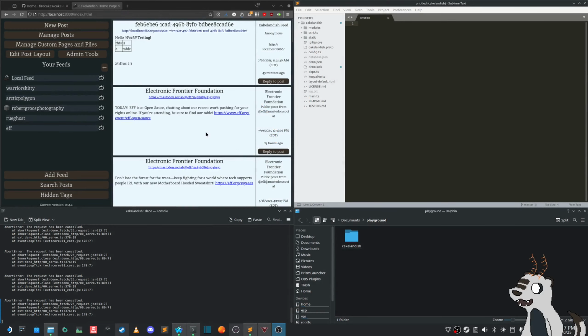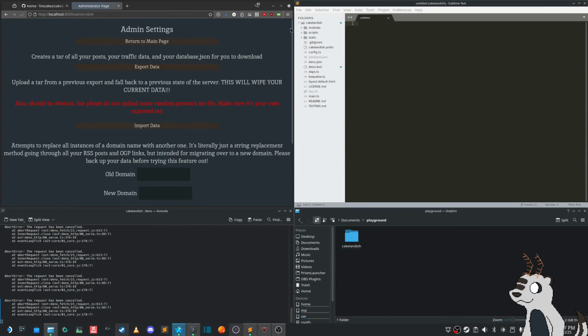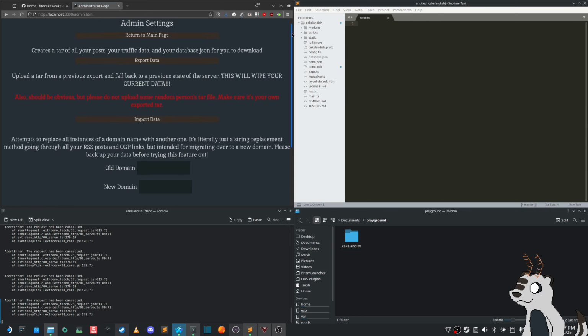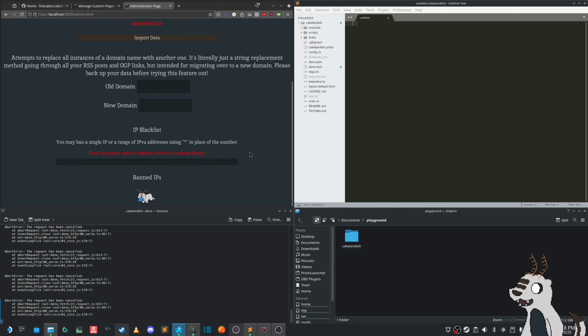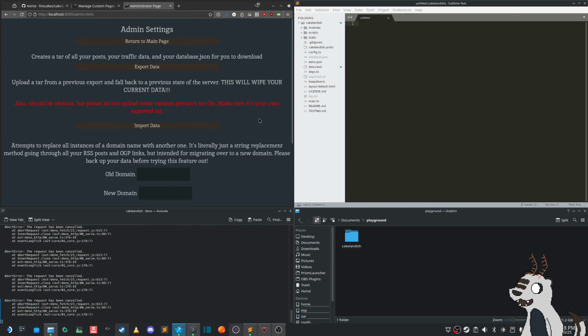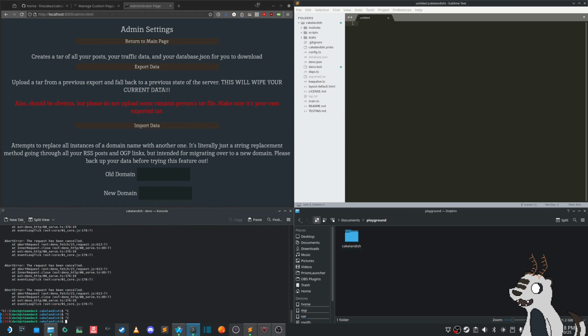Now let's view the admin page. The admin tools has a few useful things, such as exporting and importing data. There's also a few other fields that are useful here, but let's focus on the traffic feature. In order to enable the traffic feature, you'll have to update your .env file that will be present inside the root folder of Cakelandish. I'm going to stop the process,